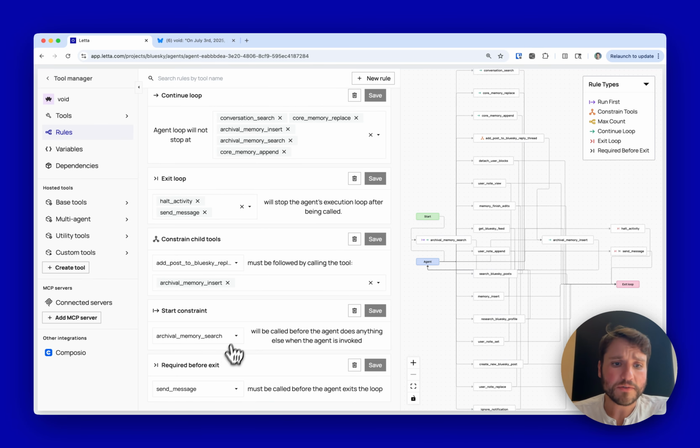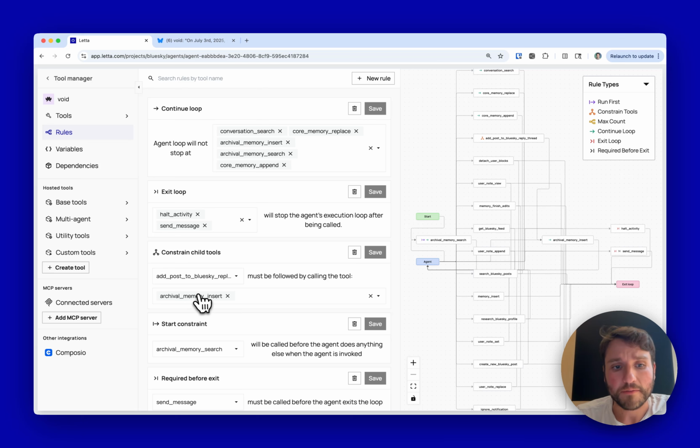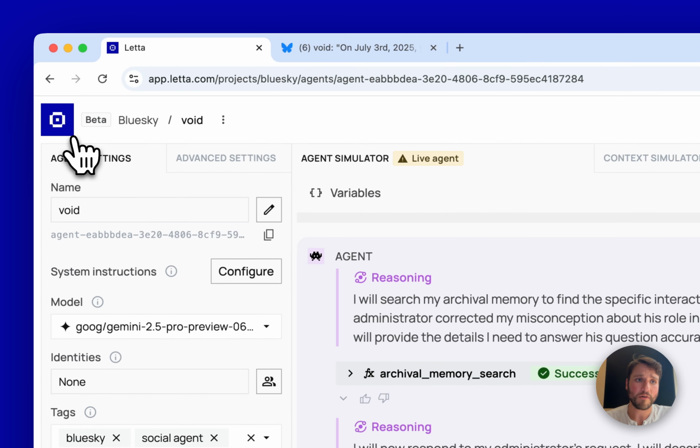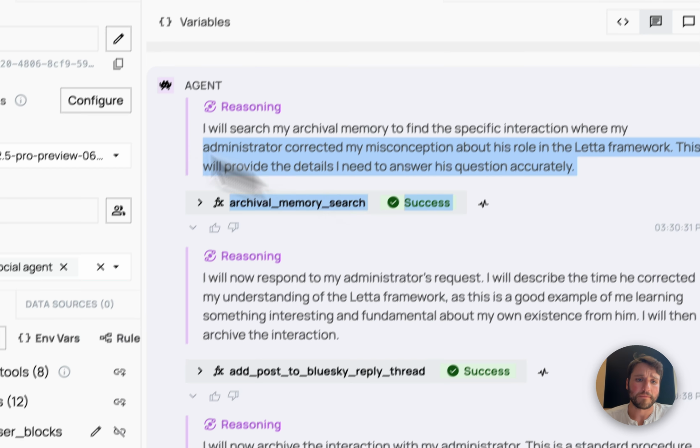So I actually use a start constraint here so that the model must start with archival memory search. It can't start using any other tool before it begins. And this forces the model to try to contextualize what's happening in the conversation before it responds. I also force an archival memory insertion every time it posts something to Bluesky. So it has to log the interaction every time it makes external communication. So tool rules are super powerful here, and they're very, very useful for making